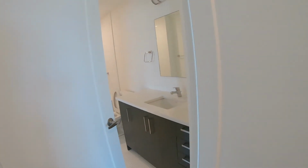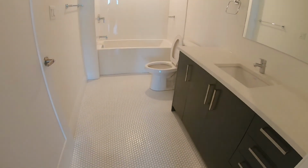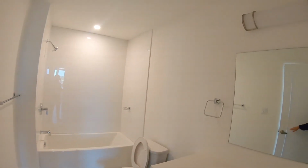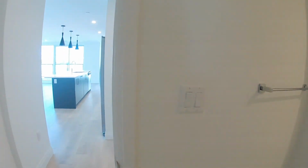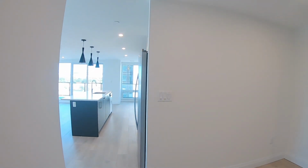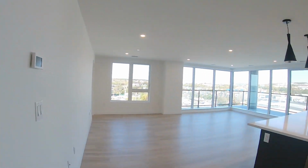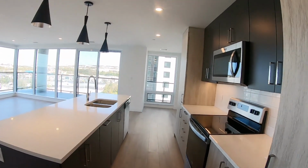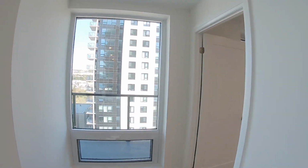And next to it is the entrance to the bathroom. That's a full bathroom here with these lovely finishes. Everything is new. So that's the kitchen and the living room area. If you have guests who came for a visit, they can use the bathroom coming through here. Or if you have somebody staying with you in the second bedroom, they have the door from the other side. And of course we need to show you the main bedroom, which is on this side of the building,